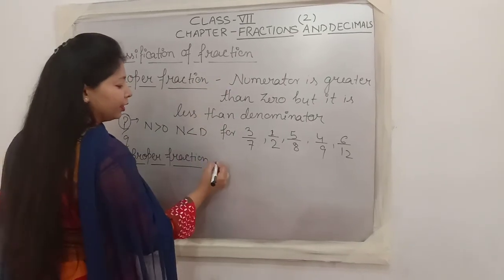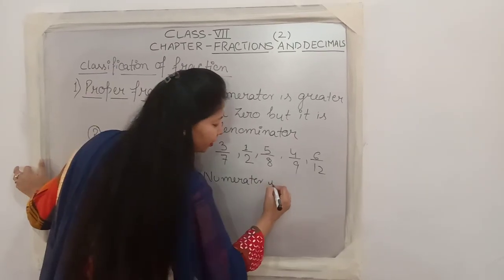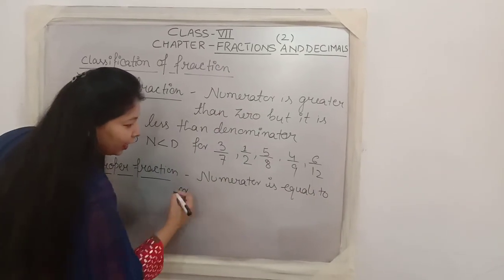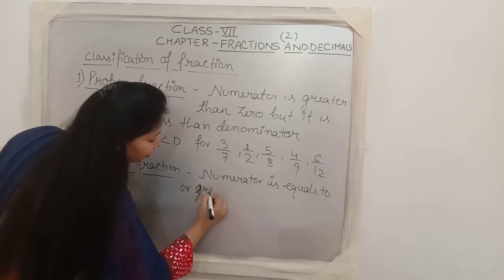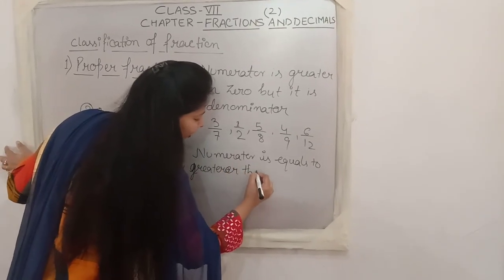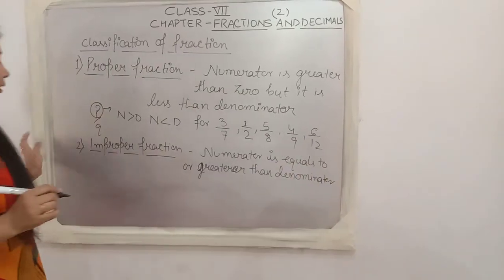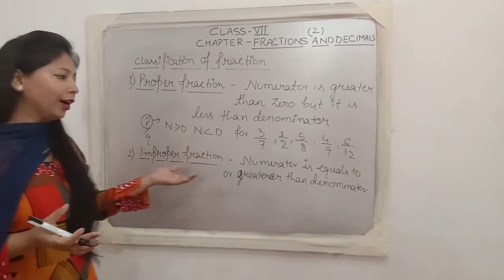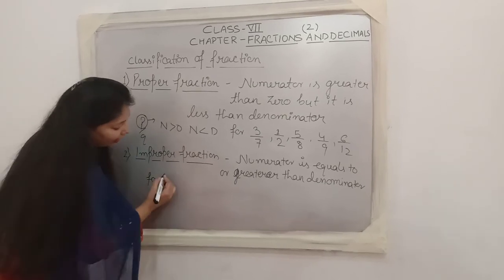In an improper fraction, the numerator is equal to or greater than the denominator. इम्प्रॉपर फ्रैक्शन क्या होता है? Where the numerator is equal to, या तो वो denominator के equal होगा या क्या होगा? Greater than the denominator. For example, देखिए, for example I can write